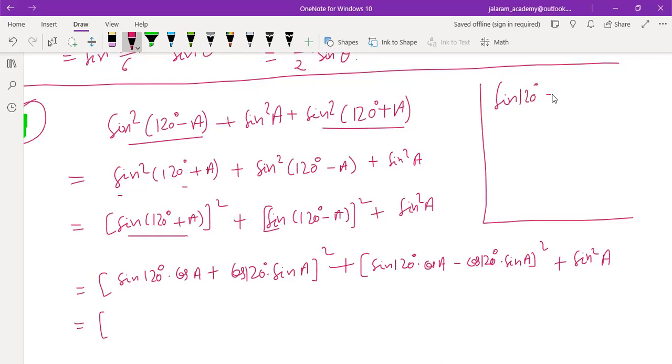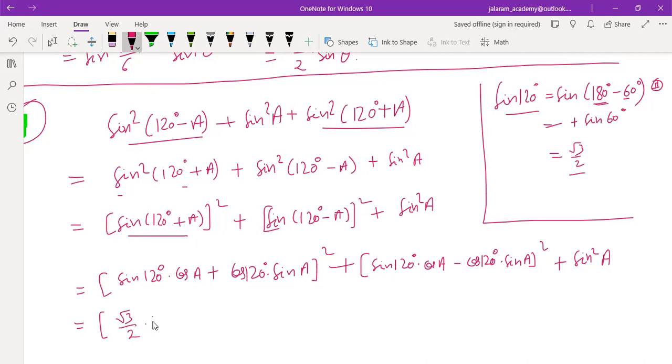You can use it directly or you can use by finding the value in rough. Sine 180 degree minus 60 degree. Now 180 degree minus theta is in second quadrant. In second quadrant, sine is positive. 180 degree is non-changer, so sine remains sine. Sine 60 degrees is root 3 by 2. So value of sine 120 degrees is also root 3 by 2.